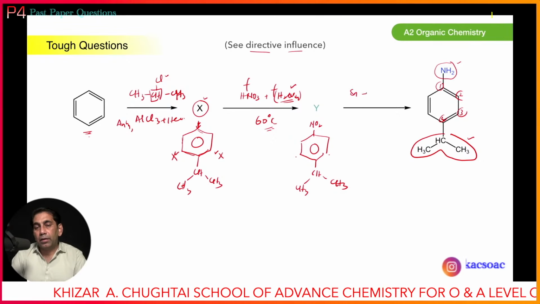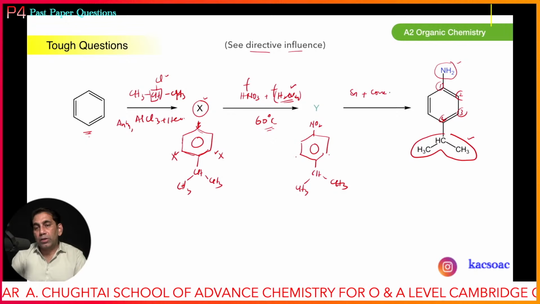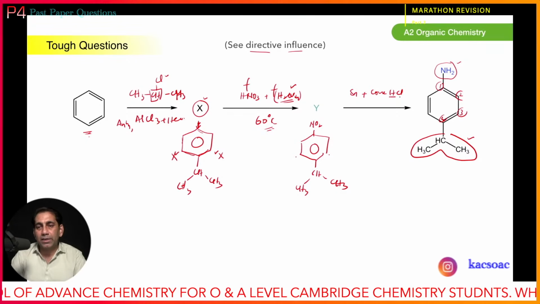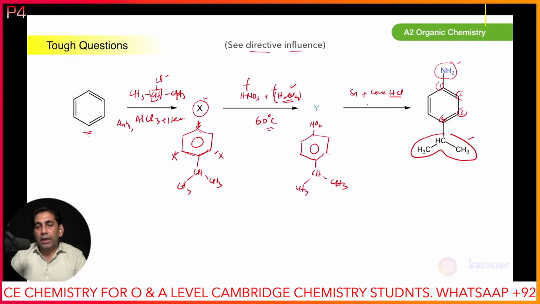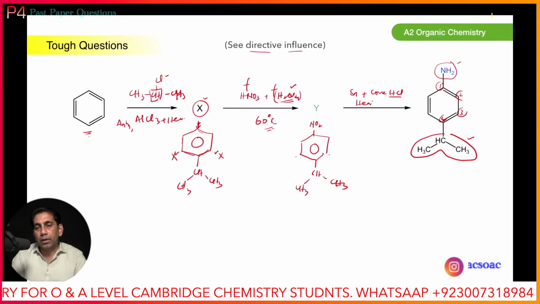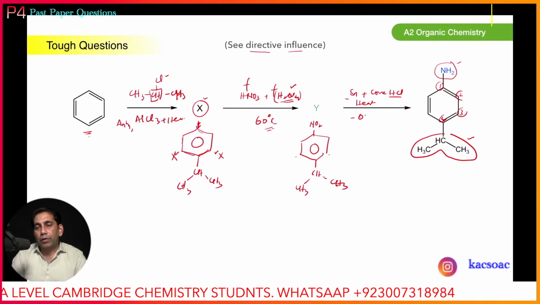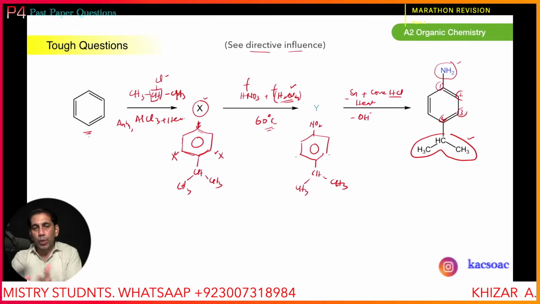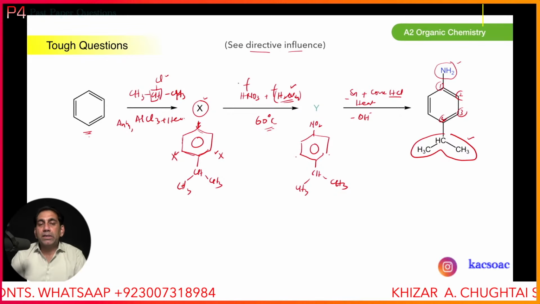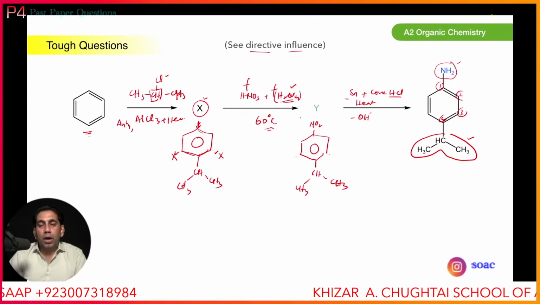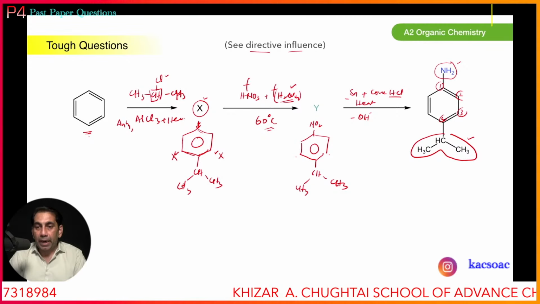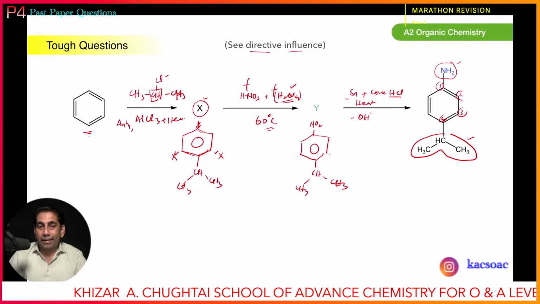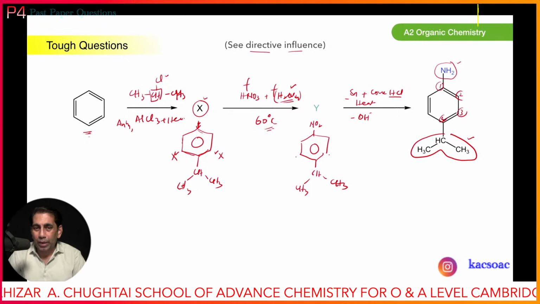So again, tin metal plus concentrated acid, HCl especially, not any other acid, and then heat as well, plus at the end we are going to add OH negative ion to neutralize the excess acid. So in this way we can convert this benzene into this one, secondary propyl phenyl amine. As far as my opinion is concerned, this is the correct mechanism or the correct pathway to make